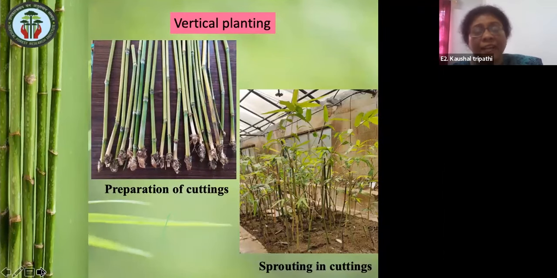And sometimes we get this vertical cutting. This type of culm cuttings are there. Culms are the thin culm branches at the base of the major mother clump. Sometimes we dig it out and also use it for planting, for vertical planting. And this will develop into roots later on, and we get plants from them. This is not very common. In some species we get it. Next slide, please.